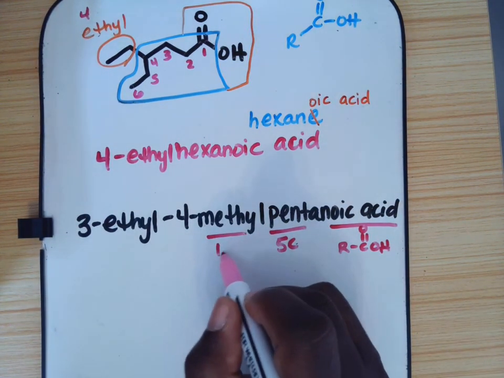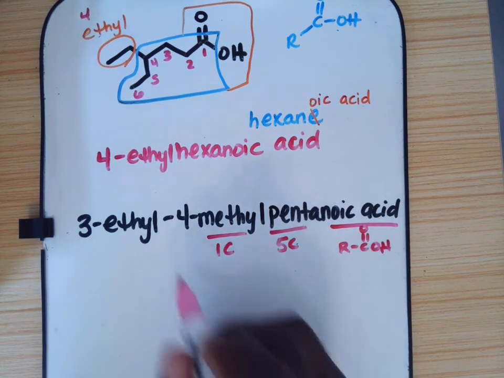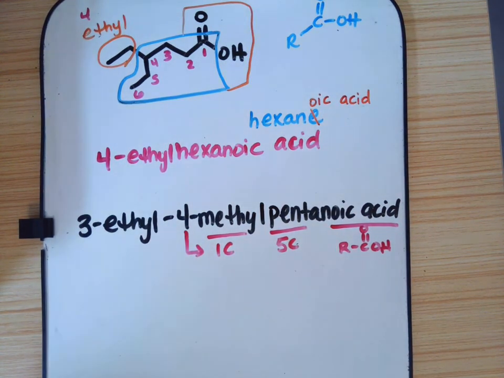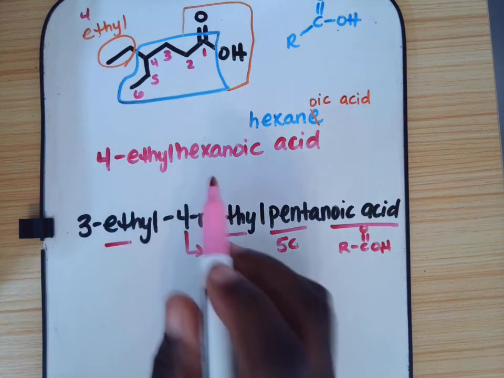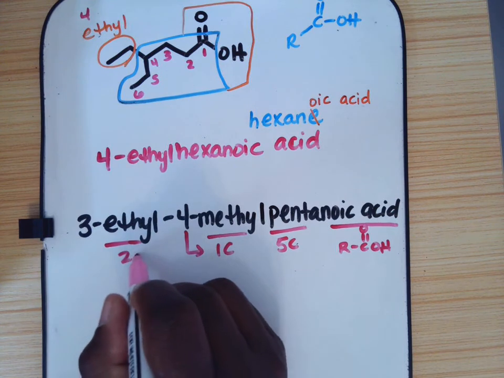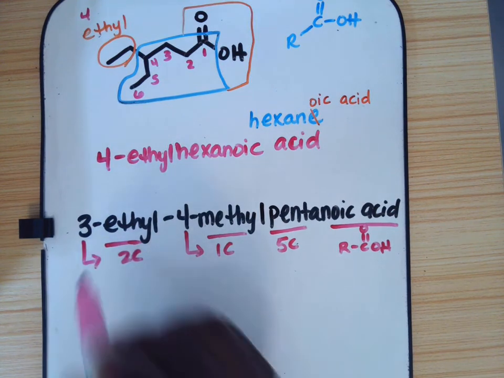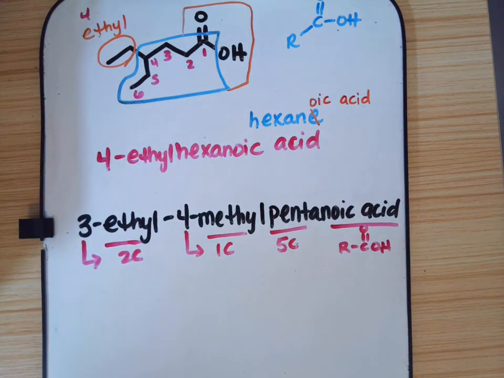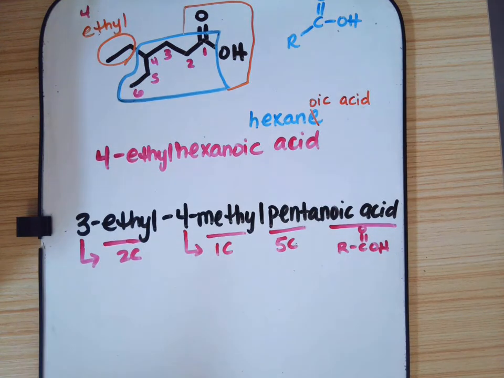Methyl tells me that I have one substituent that contains 1 carbon that is branching from carbon 4. Ethyl tells me that I have one substituent that contains 2 carbon atoms that is branching from carbon 3. From there, I can put it all together. When drawing, what I would